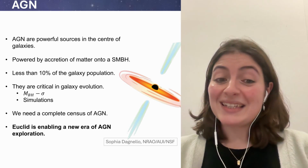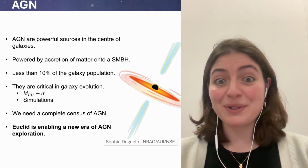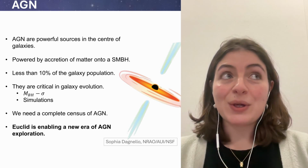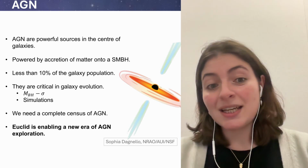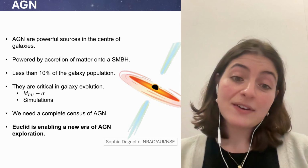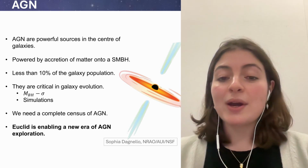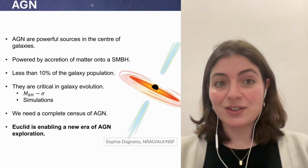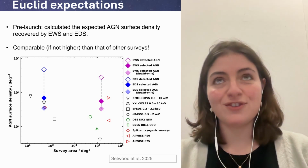And this is where Euclid can come in, because with Euclid we gain all three of these qualities, which means that Euclid will open up the parameter space of AGN like never before. And using Euclid and the synergies it may have with other surveys, it will enable us to investigate a new era of AGN exploration. So to continue a little bit with this background, in preparation for the launch, the AGN group was already investigating what Euclid's capabilities were going to be in this field,